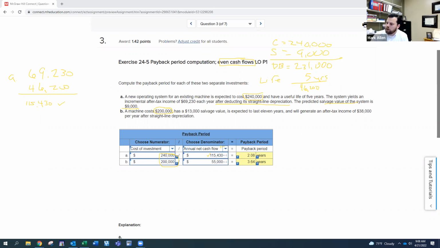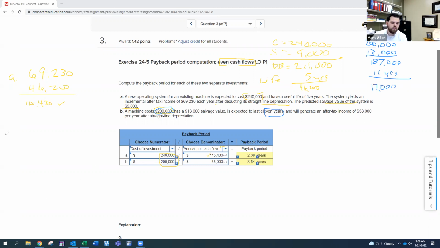Now I'll do the other one in a different color. So we'll do this in blue. So we've got a $200,000 cost, a $13,000 salvage, gets us down to a depreciable base of 187. And this one has a life of 11 years, so 11 years. And when you do 187,000 divided by 11, you will come out to